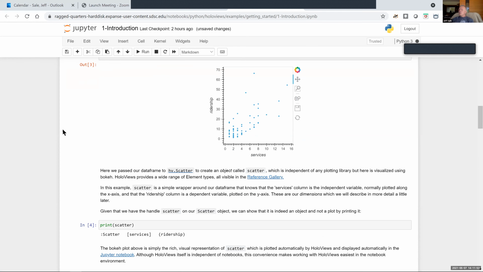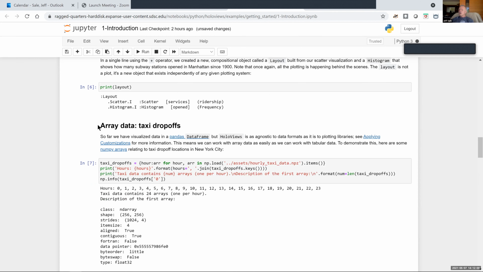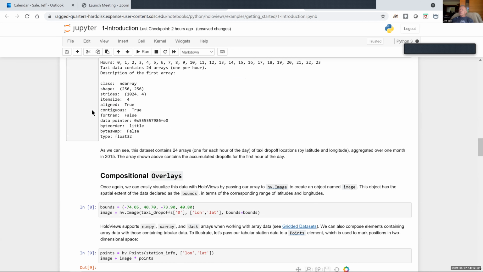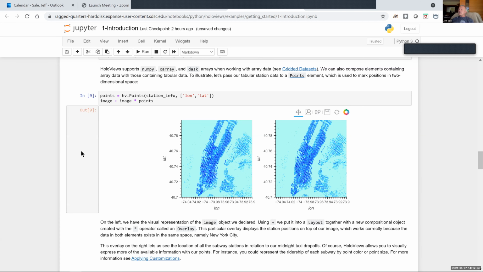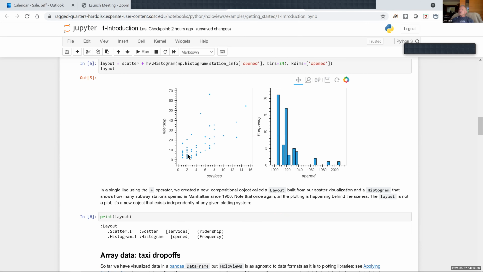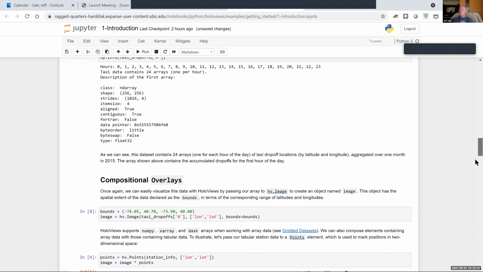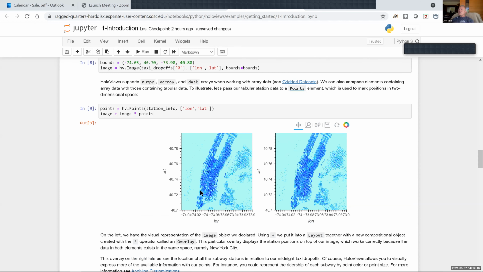So I was talking about the scatter plot, but the most important things that they're emphasizing, they can create compositional layouts where they combine multiple plots into a single layout. But in the next examples, they're taking this scatter plot. It's not the scatter plot, but it's the data that was used to render the scatter plot. But they're using the latitude and longitudes from that same tabular data to overlay it onto this image of Manhattan